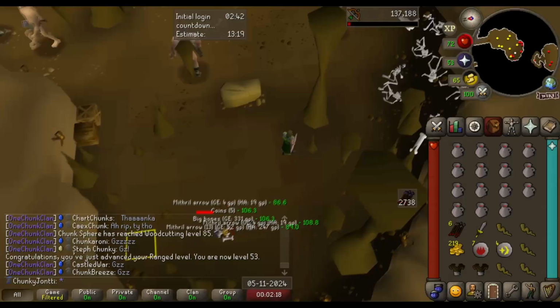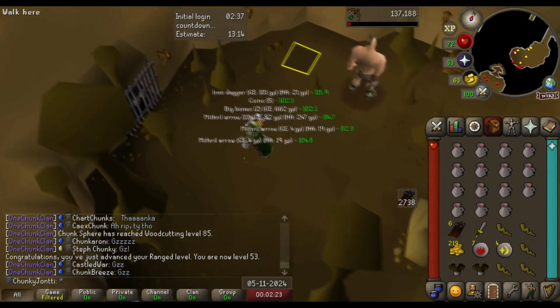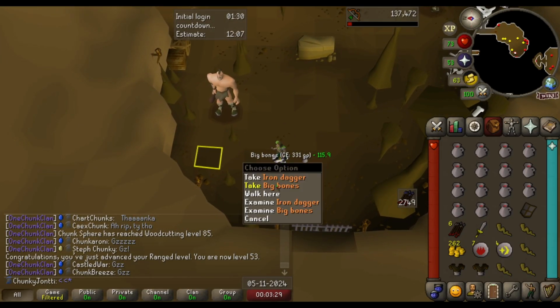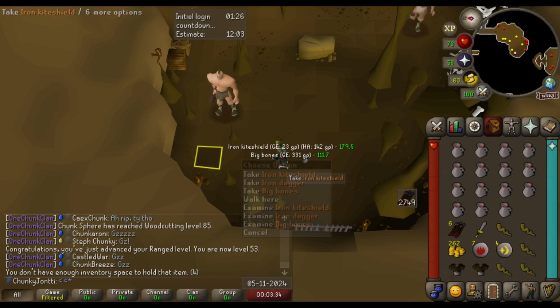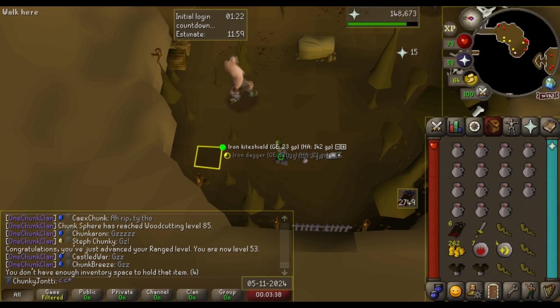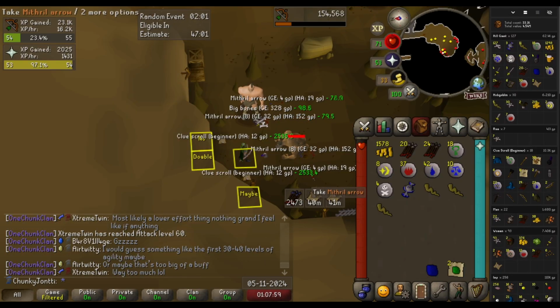These guys are dying damn quick. The hobgoblins were a lot harder to hit. And there is the iron kite shield. That was the last of the Hill Giant specific drops that we needed. Aside from, of course, the giant key. And that is Hill Giant